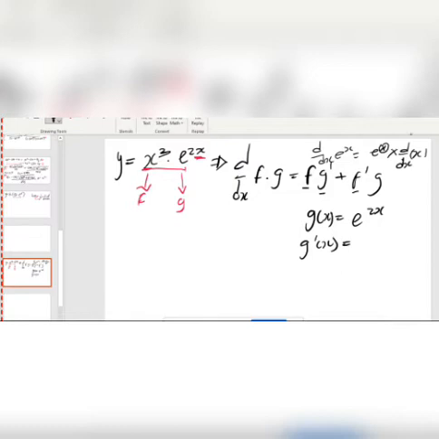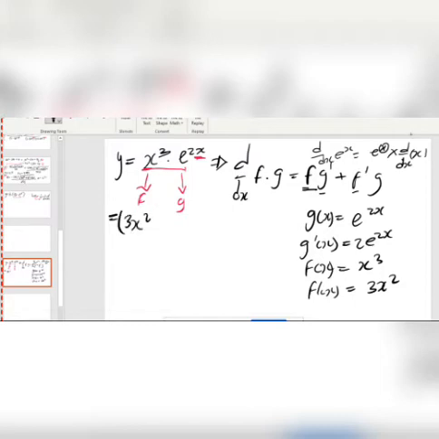Yes, you take this function of x always. So now you've got e to the power of 2x. Then we're going to say f of x equals x cubed. Then f prime of x, when you differentiate this, you're going to get 3x squared. Go back to your formula. Then you're going to write your f prime of x, which is 3x squared, and then you write your g prime of x. Your g prime of x is 2e^2x, plus